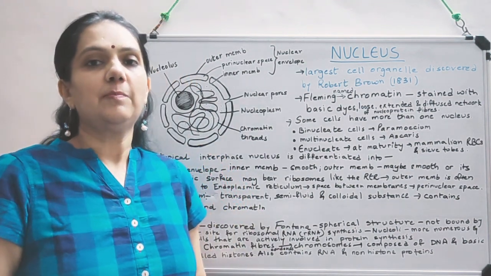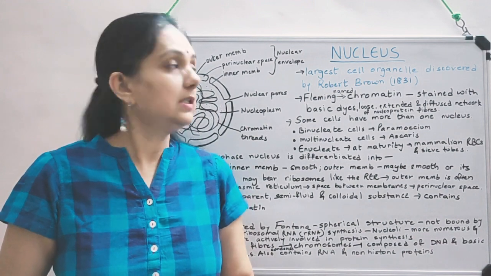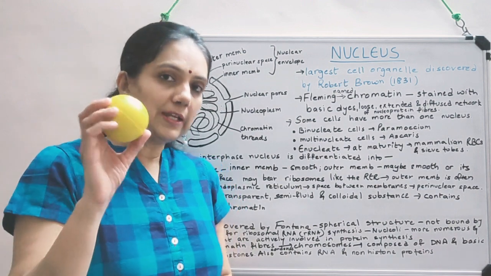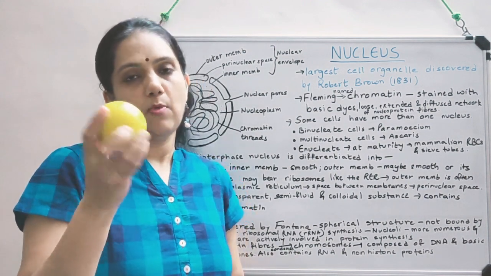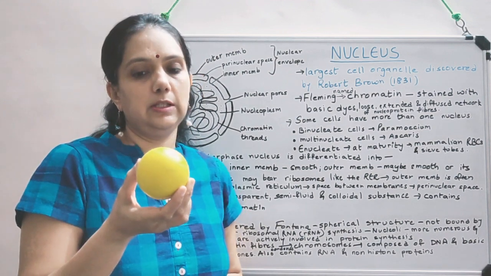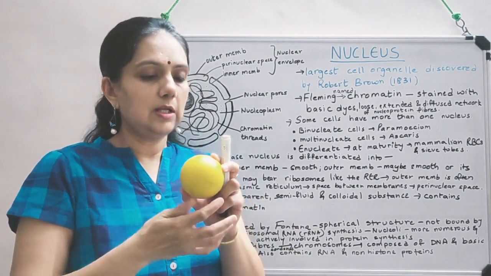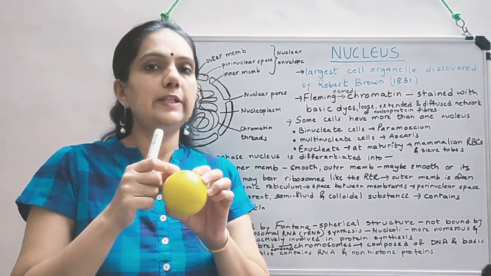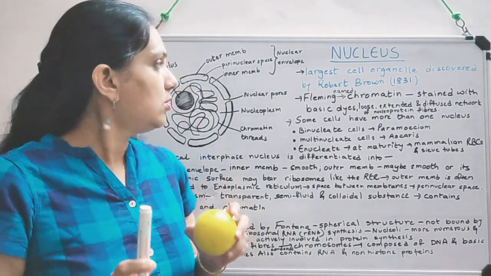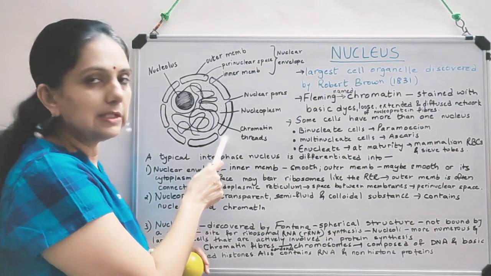Hello students. Now in lecture series of the basic unit of life, that is cell, today our topic is nucleus. Now you might be wondering why I am holding this smiley ball in my hand. Actually this is the shape of nucleus. That is, it is spherical in shape, and you can imagine another small ball inside it, that is the nucleolus. So the structure which you see in your books is this.